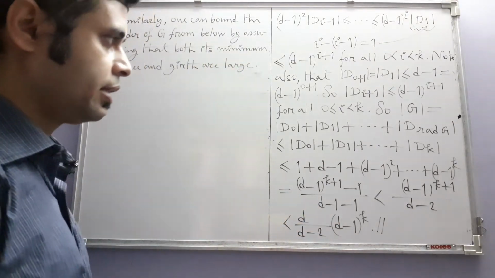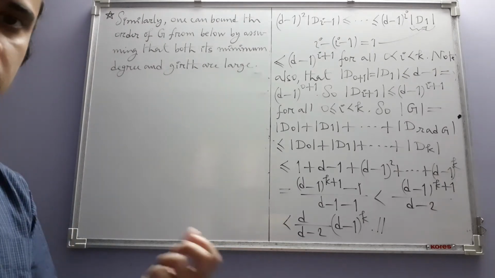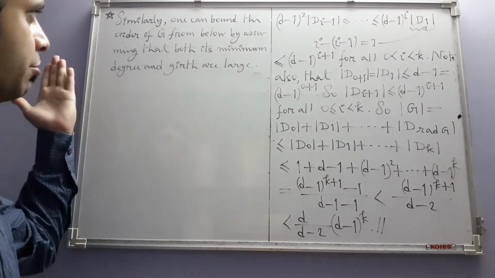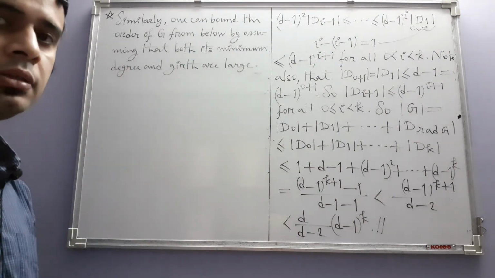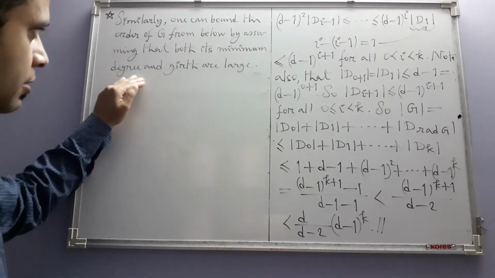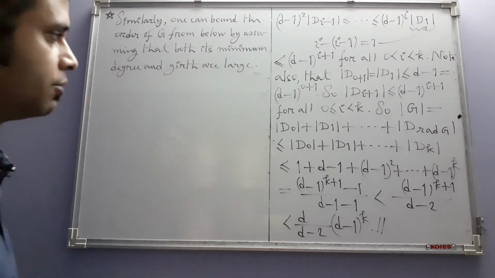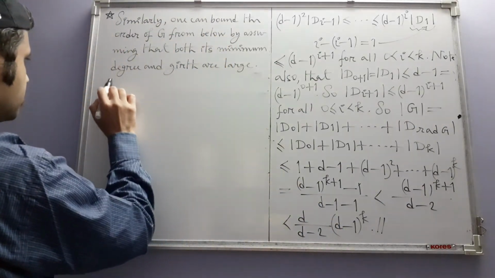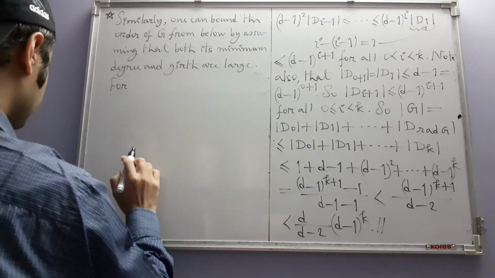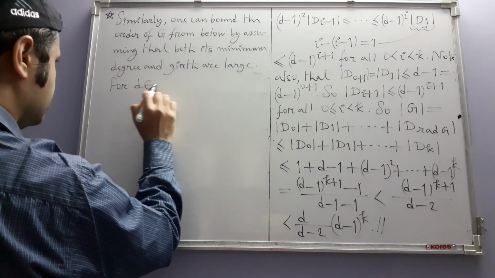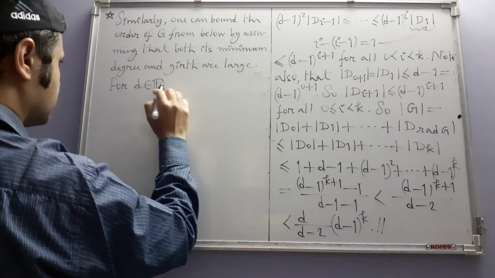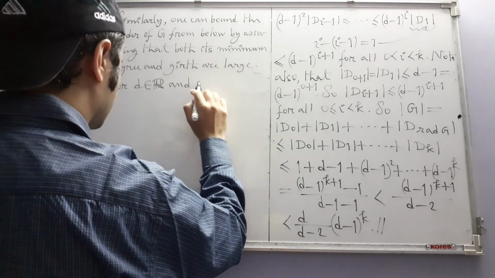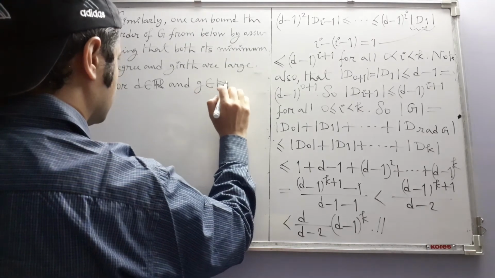There we said that maximum degree and radius are small. If that is the case, then the graph is small. Here, if minimum degree and girth are large, then the graph is large. That is, we can give some lower bound for the order of the graph. For any real number d and any natural number g